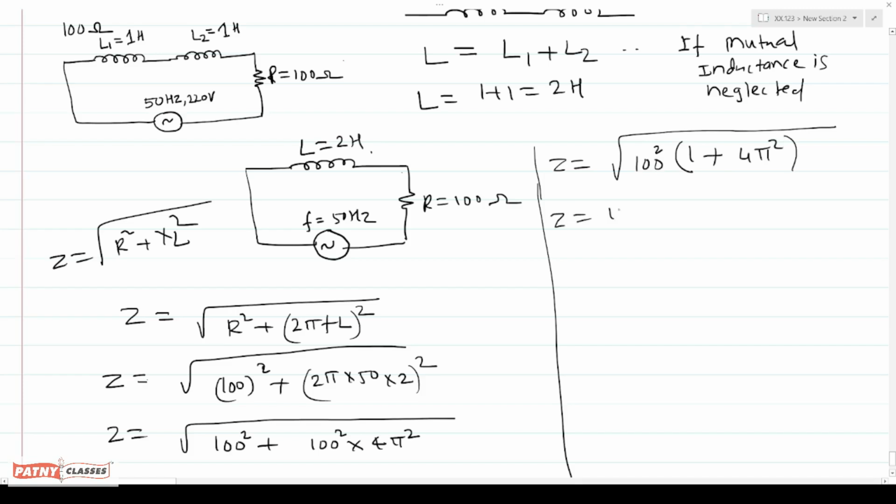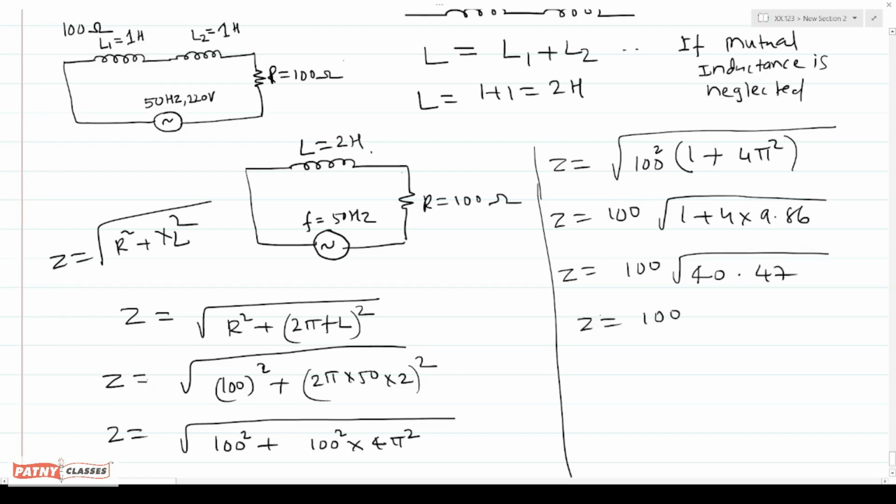So Z equals 100 into under root of 1 plus 4 into 9.86, that is equal to 40.47. Therefore Z equals 100 into 6.36. Z equals 636 ohms. Therefore the impedance of the circuit